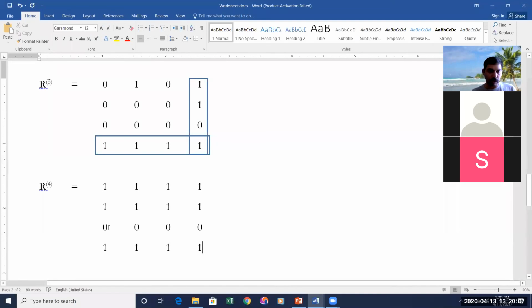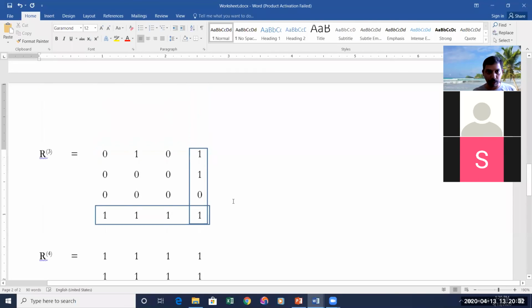Okay, so this is the last step. And how do you come to know that it's the last step? Whatever the value of K, that should become equal to the number of vertices. Number of vertices is 4. Therefore, K is equal to 4 now. So this is the last step. If there are 5 vertices in the graph, then you are supposed to do one more step till R5. Okay. So like this. Now how to check whether it is correct or not?